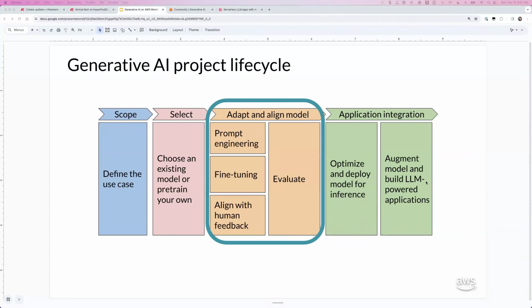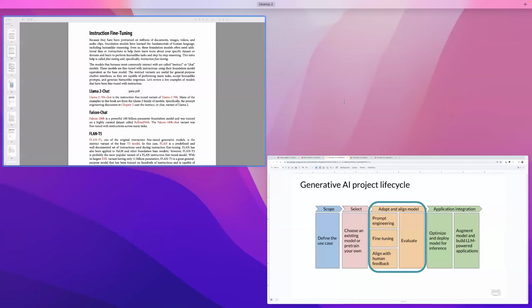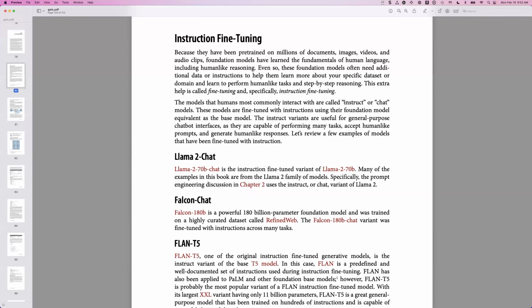So today we're talking about instruction fine-tuning and continued pre-training. That falls here into this bucket of, once you have the base foundation model, either you pre-trained it or you used one, how can you adapt and align the model further to your specific use case and data sets as well? So let me jump over here, and I'm just going to basically walk you through the chapter here of our